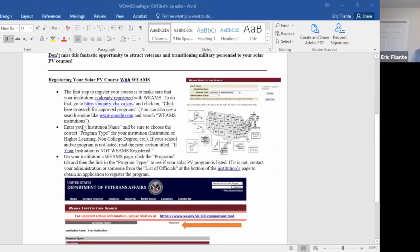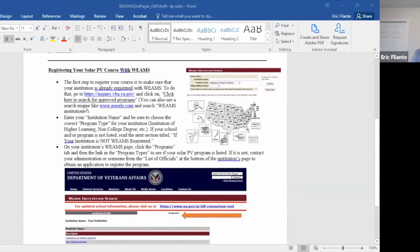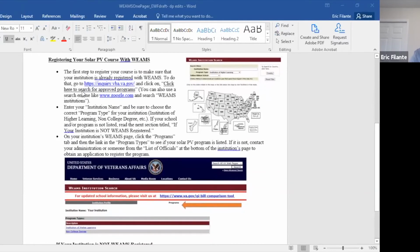So now we're going to discuss how to search that your training institution is already registered in the WEAMS database system. And next, we're also going to discuss how to register your solar course with the WEAMS database system. So the first step is to go to this website here. Another way to access this website is simply by going to Google and typing WEAMS institutions, which will bring you to